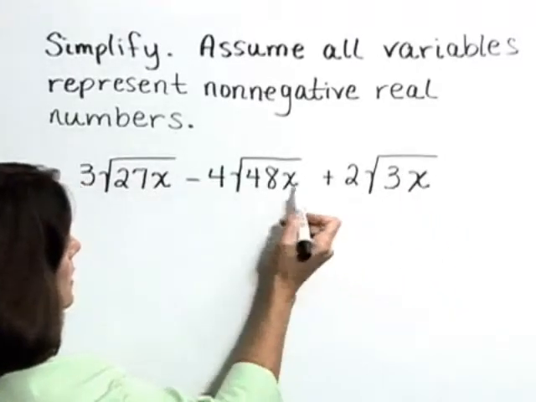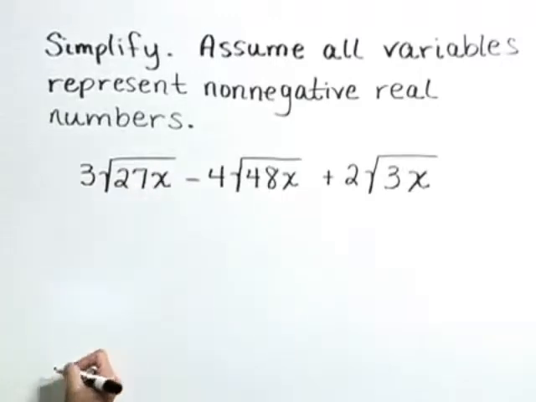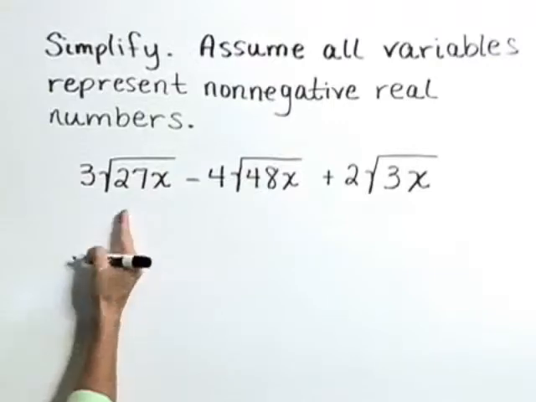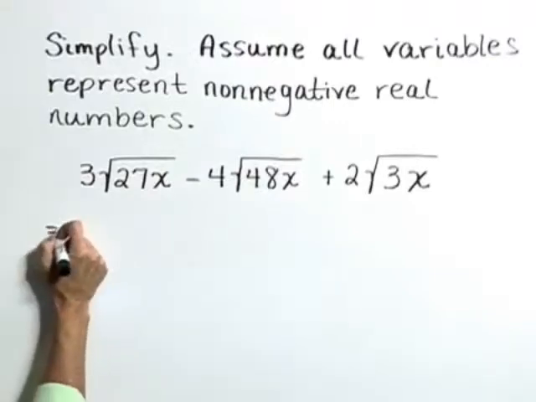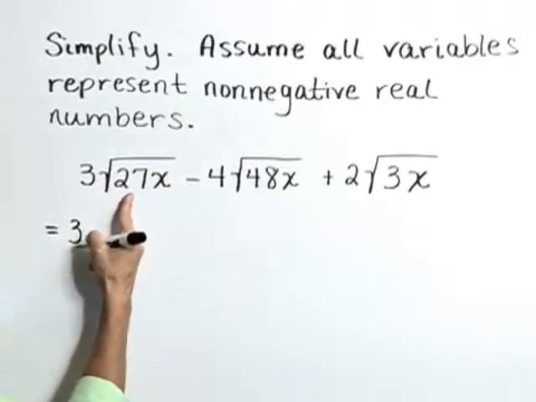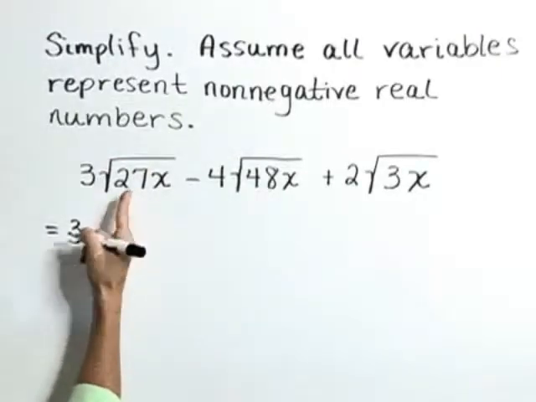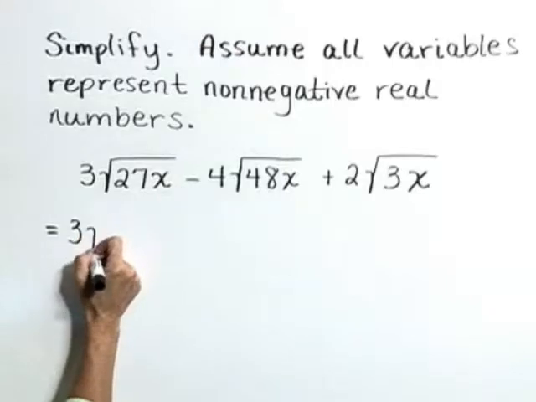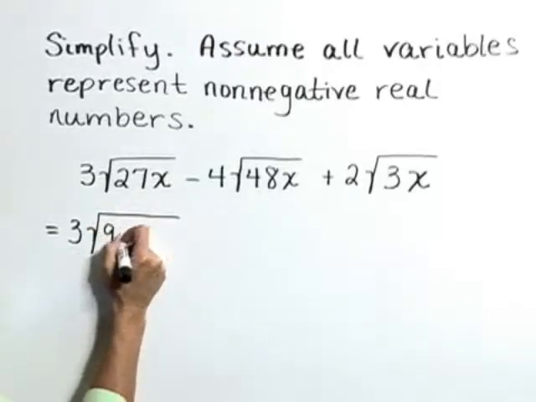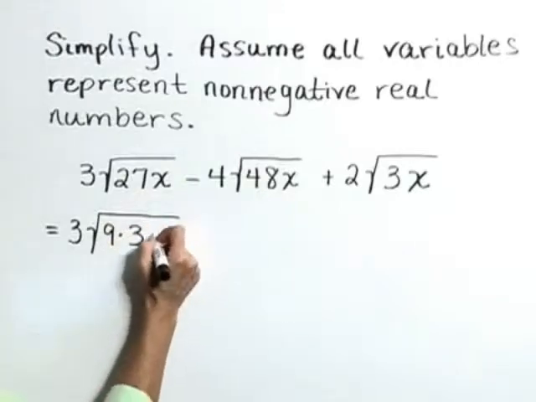Those are the things underneath the radical symbols. But we can simplify a couple of terms here by pulling out perfect square factors. Let's look at this first term. Now, 27 has a perfect square factor of 9. So let's rewrite this as 3 times the square root of, in place of 27, let's put 9 times 3,